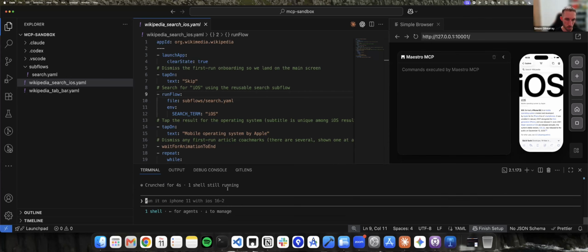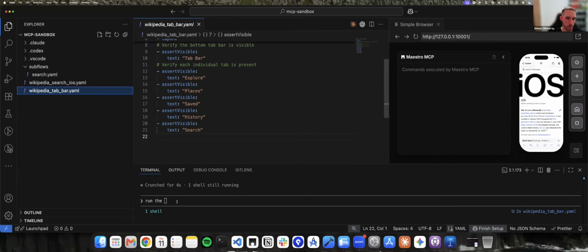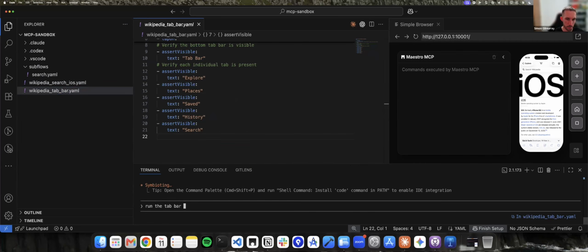So I want to say, we'll just do a quick one, we'll just do the tab bar: run the tab bar flow against all iOS versions on an iPhone 11